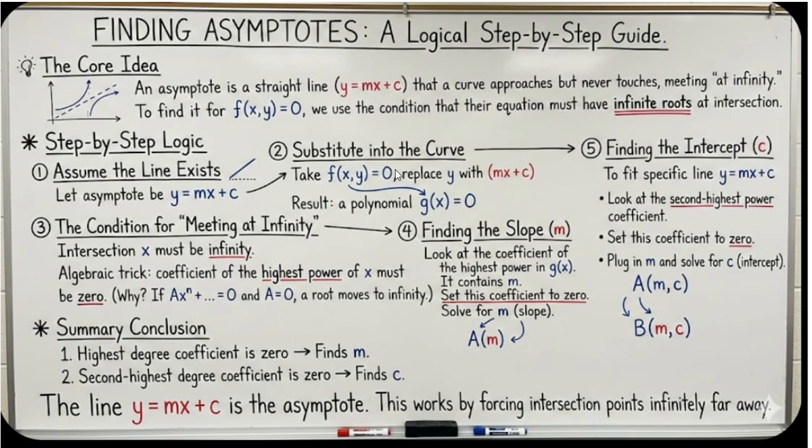One is, actually, if I initially assume that y is equal to mx plus c is an asymptote, under what conditions are we going to check it? Under these conditions, because